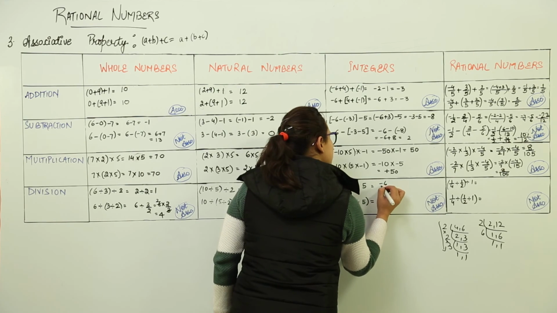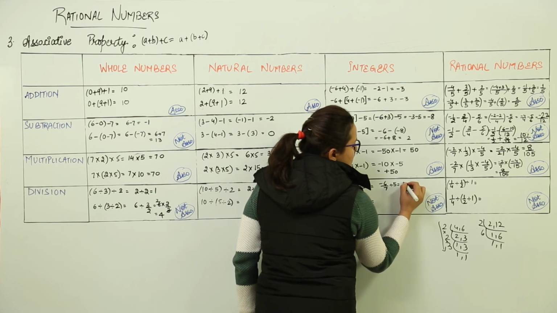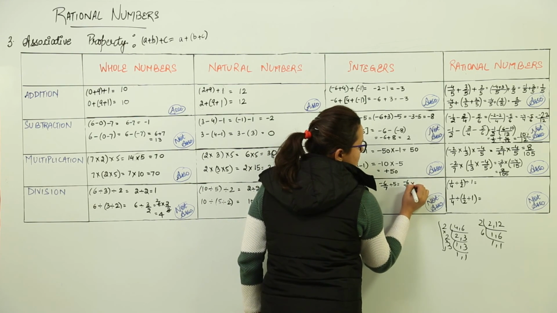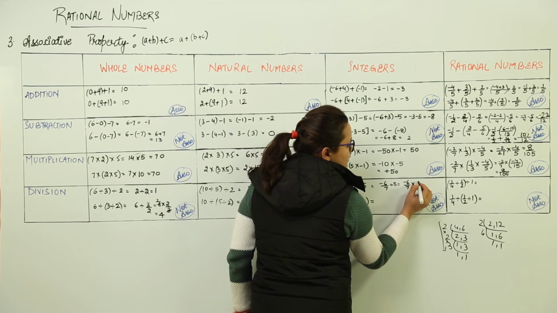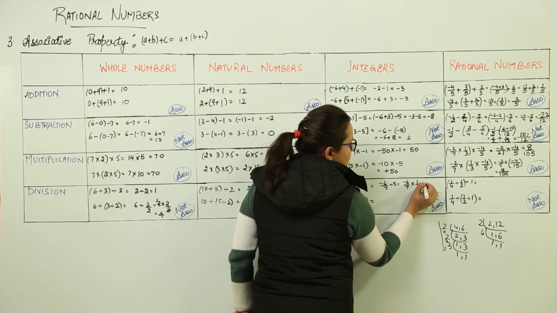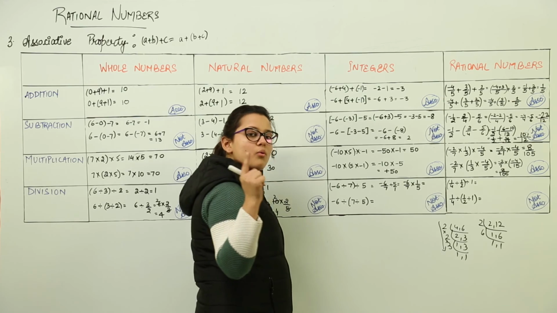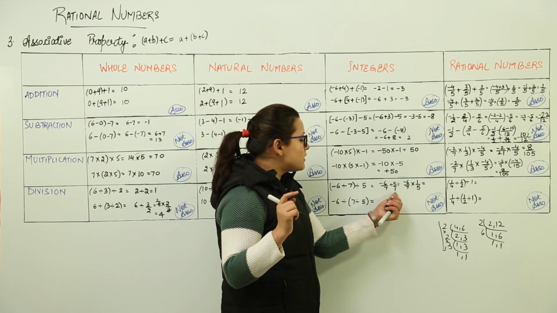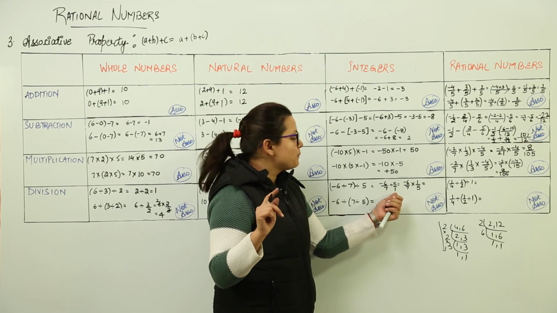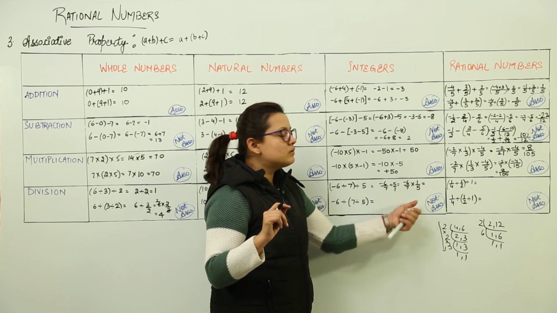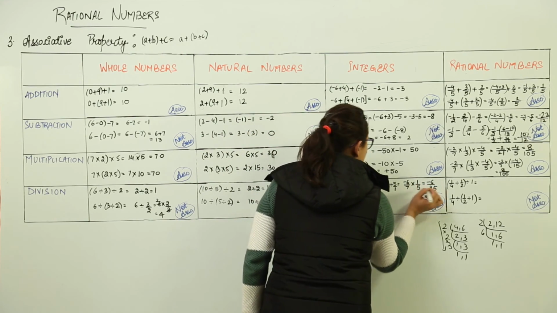Minus 6 divided by 7 divided by 5. How do you solve this? Minus 6 by 7 remains the same. The division sign gets converted to multiplication and 5 gets converted to the reciprocal 1 by 5. Because if nothing is written in the denominator, you consider it to be 1. Okay? Make sure you remember this. When nothing is written in the denominator, it means the denominator is 1. So the reciprocal of 5 upon 1 will be 1 over 5. So we get minus 6 upon 35 is the answer.